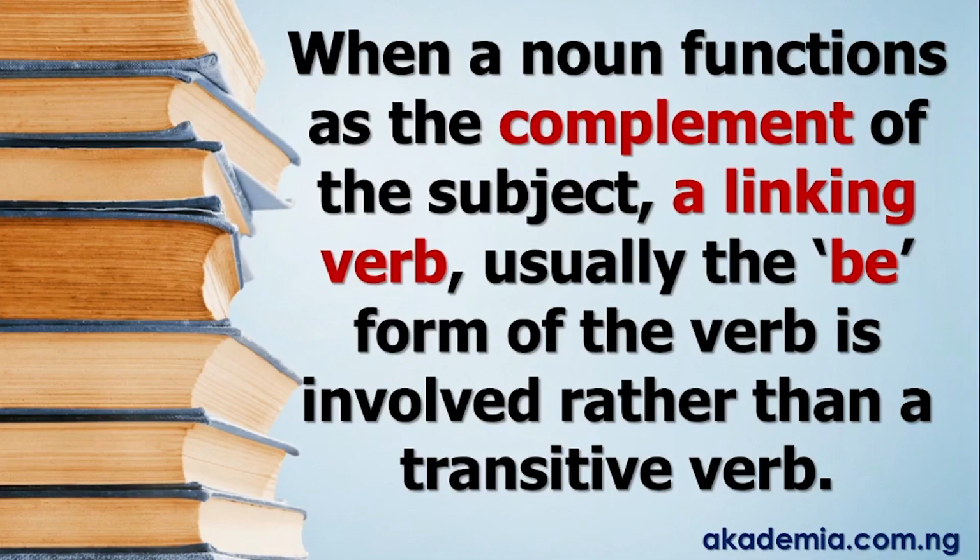If the verb is a linking verb, especially the be form of the verb, what you have on the other side, on the right side, is going to be a complement and not an object. But if you have a transitive verb, then you have on the other side an object. In other words, the action from the performer can be transferred through the transitive verb onto